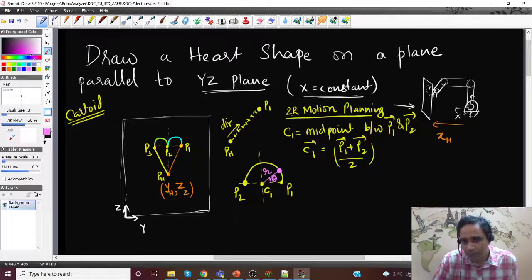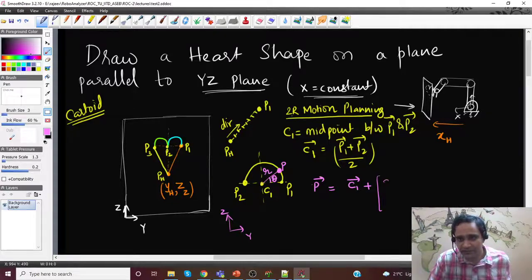A point on this curve, say P, can be obtained as the C1 vector plus, with C1 having some reference frame here in YZ, within this I will have, please remember, my X value will be some constant, in this case XH.